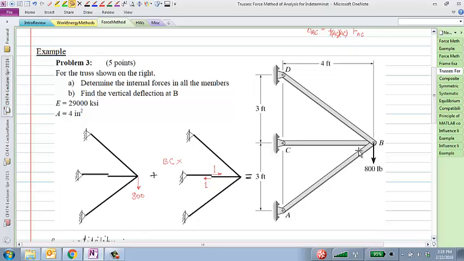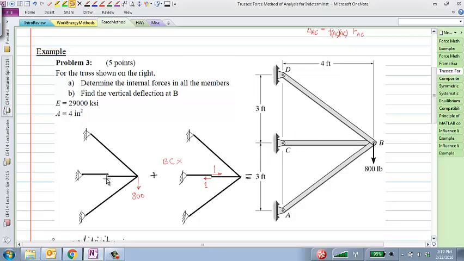Maybe another very simple way to think about it is if I were to remove this member BC, what would happen? If I remove this member BC, then it would still be a perfectly supported structure. There won't be any movement at D. There won't be any movement at A. This would be very similar to the homework 1 problem that you all solved, right? Two-member truss with a point load applied at the free point. That's a determinate system. So if I remove one member BC to make it determinate, the degree of indeterminacy of this problem is 1,